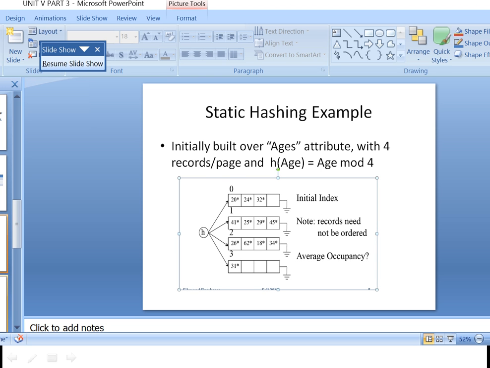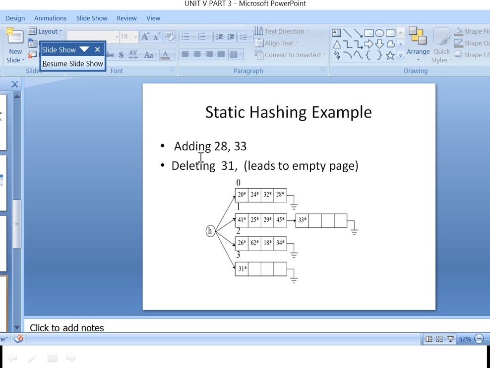And then, okay, for example, in this hash table, I want to insert 28. Now let's say 28. How will I do that?